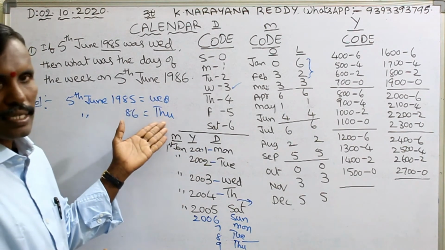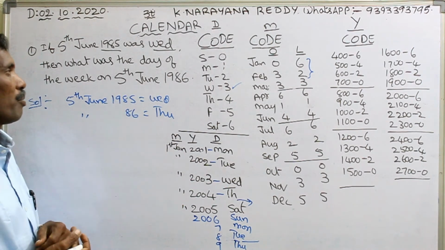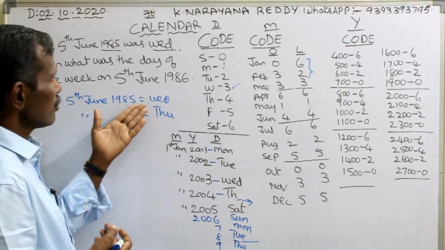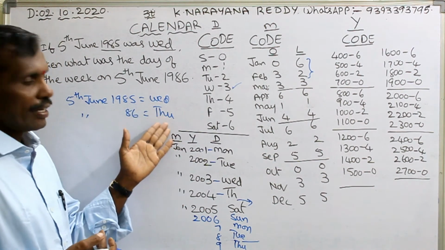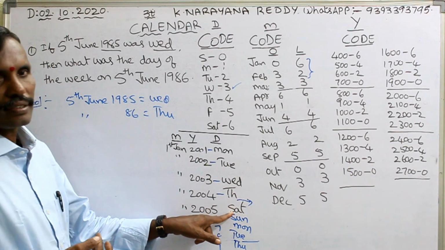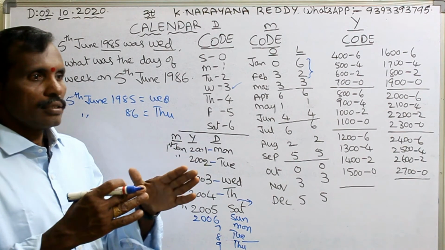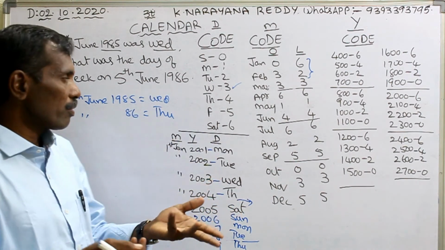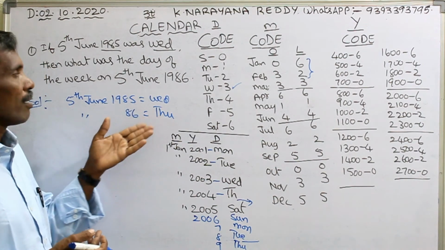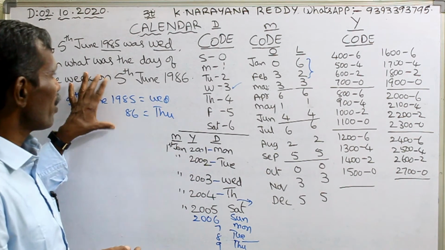After Wednesday comes Thursday. But if there is any leap year here, suppose 84, 88, at that time leave Thursday and get Friday. Same manner, leaving Friday, get Saturday. That is why whenever a leap year comes, we can jump one day. Otherwise, it comes to the next day. Whenever it is an ordinary year, next day. Leap year, leaving one day. That's all. Simple logic. This way we can find the answer.